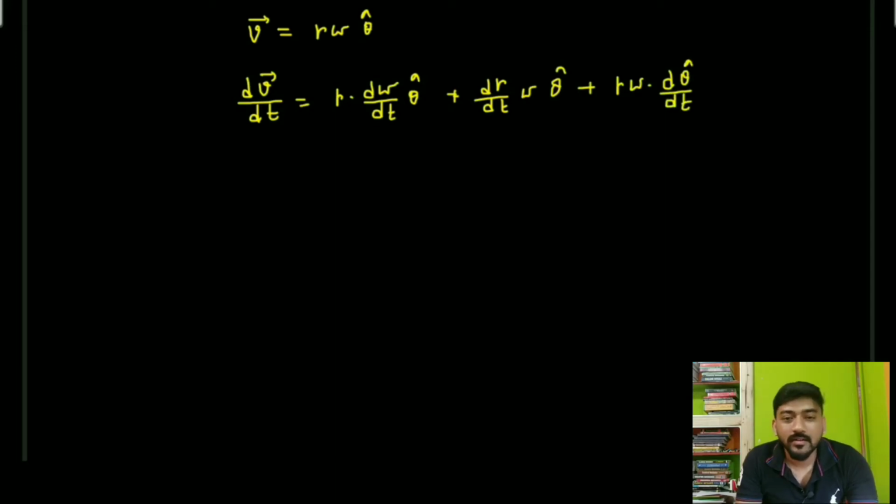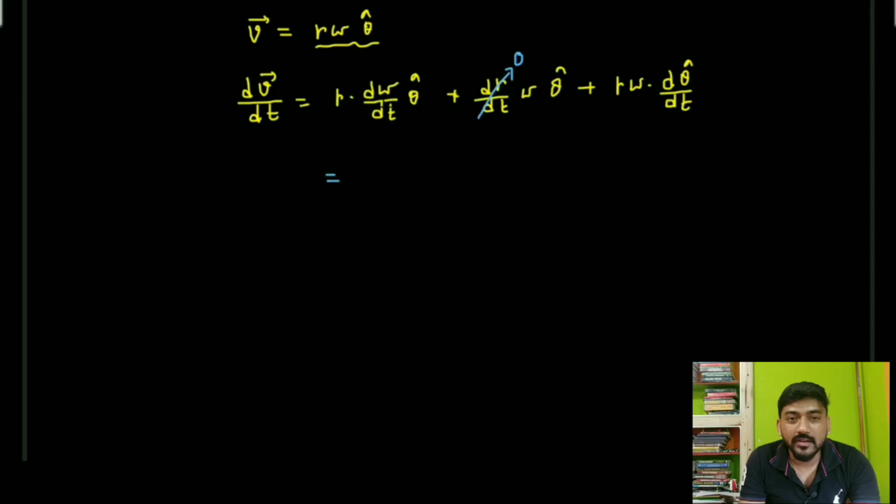So you will get these three terms, r, omega, theta cap. Now again let me consider that r is constant. As r is constant, this term will vanish, so it will be 0. So what you will get, in d omega by dt, you can take this r inside, or you can say this d omega by dt as alpha. Okay, so it can be written in two ways.